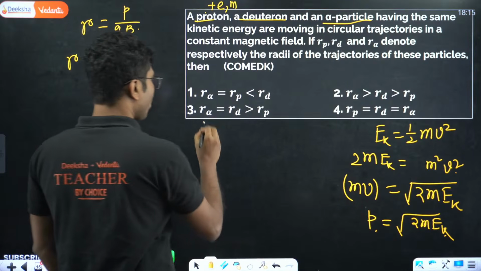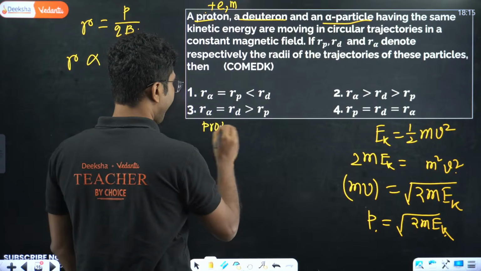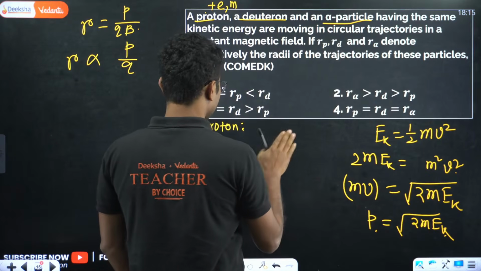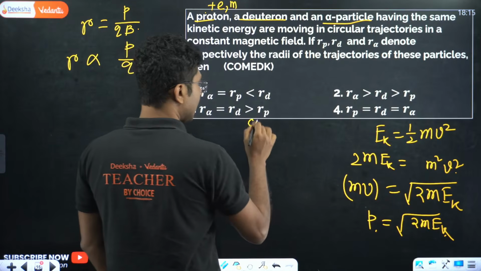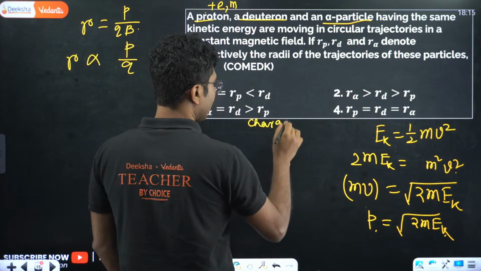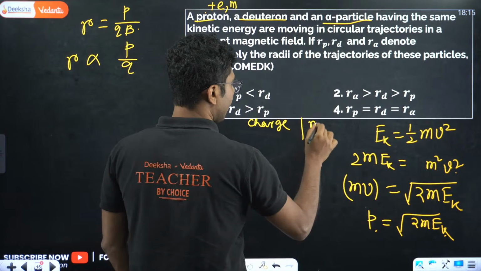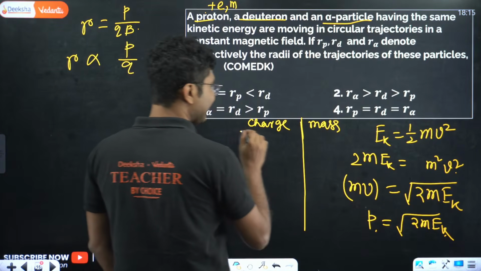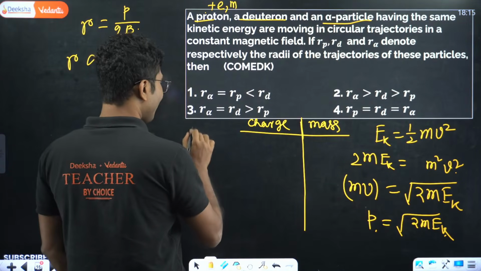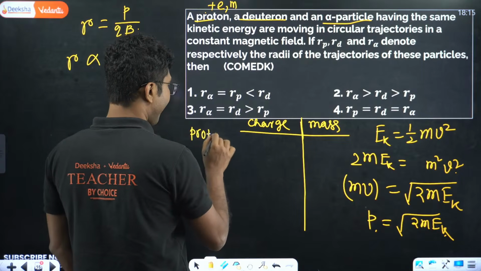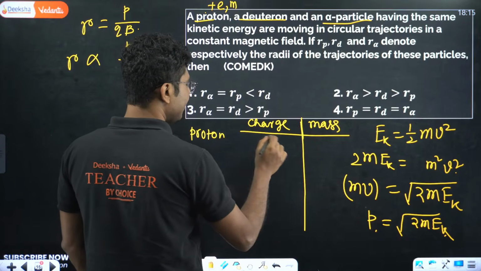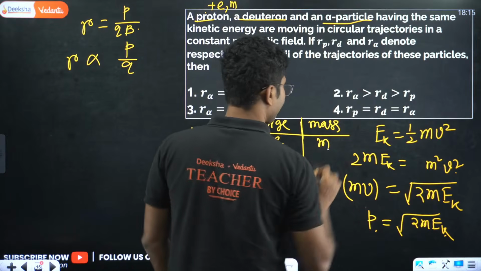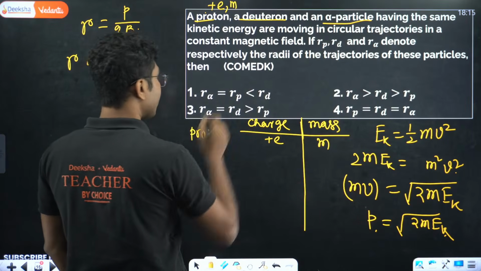So for proton, let me write a table for you, with charge and mass. You don't need to know the exact mass, don't worry. So for proton, the charge is plus of electron, and mass say m. For deuteron,